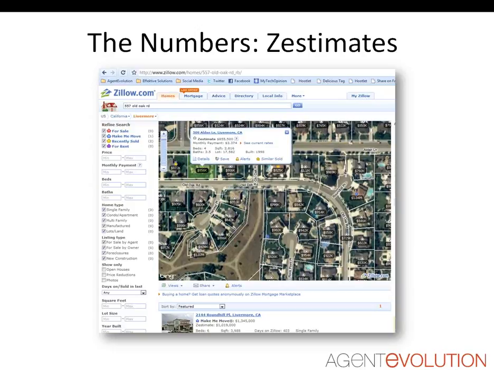The reason that it's important to also show and address these different valuation sites online is because they are really providing that AVM, or automated valuation model, which is clearly missing your realtor knowledge and expertise of the market area. And you have the best understanding of the neighborhoods, the builders, et cetera, and how that really affects the price of their particular home.